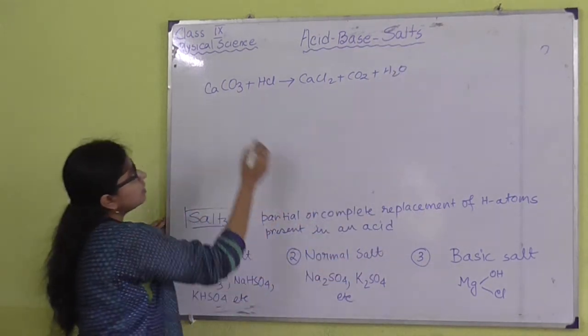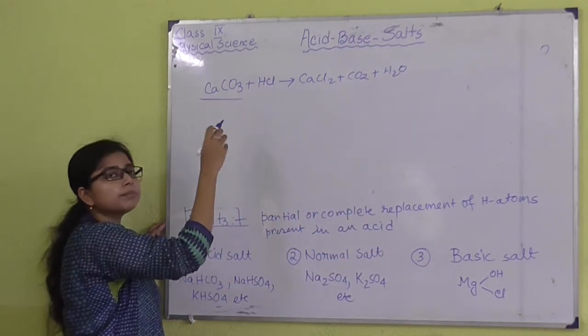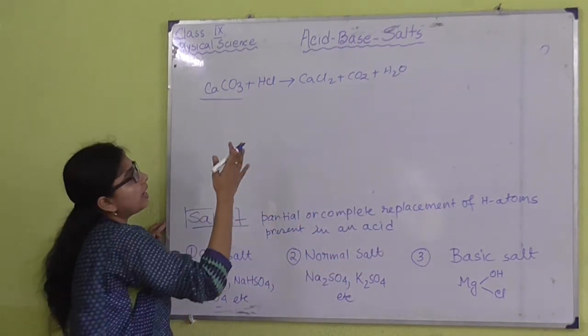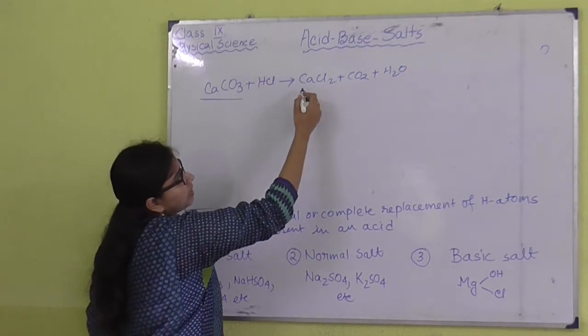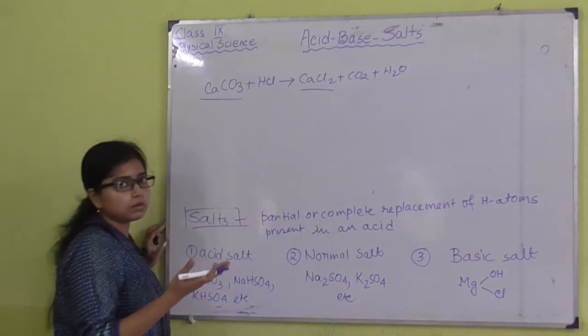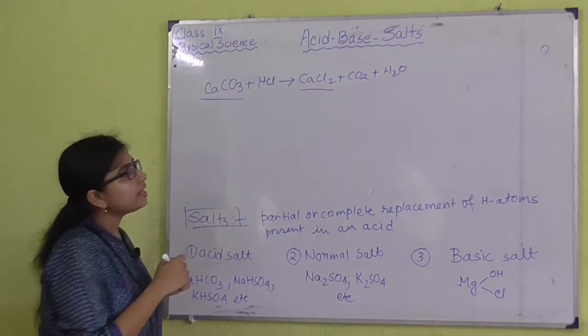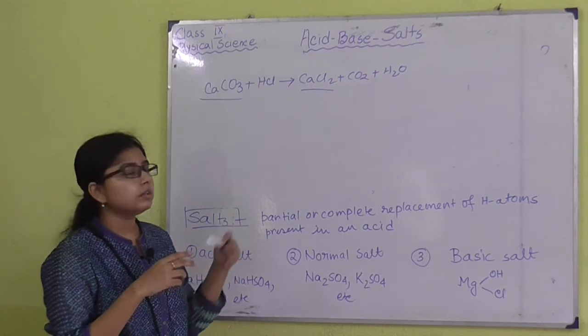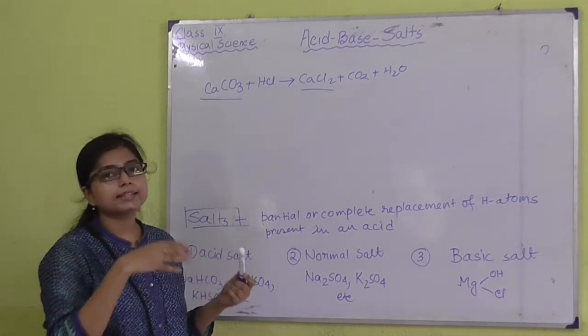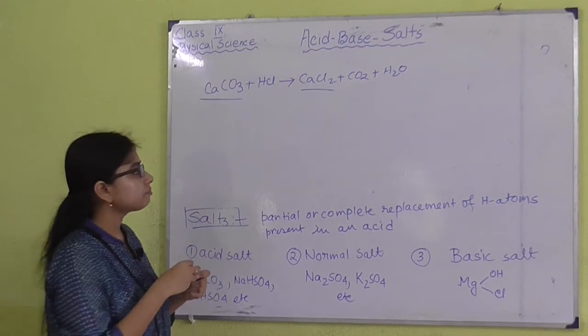Now in this reaction, CaCO3, that is calcium carbonate, is also a salt, and by adding HCl, what is formed, that is calcium chloride, is also a kind of salt. Okay, so there is no certain thing that we always have to